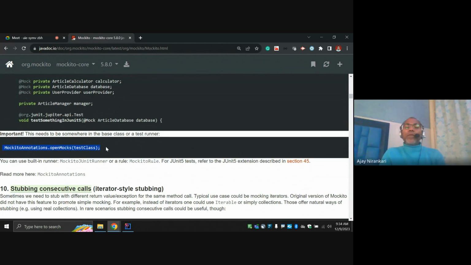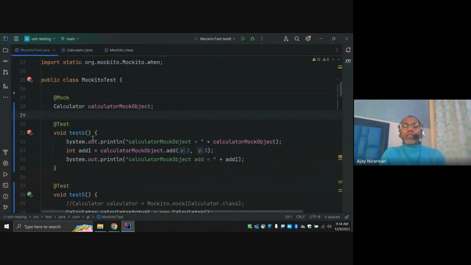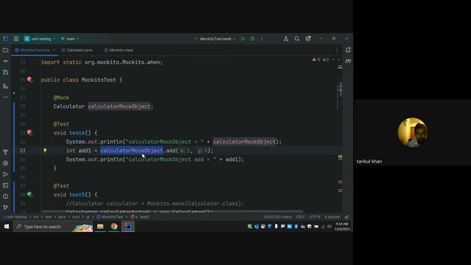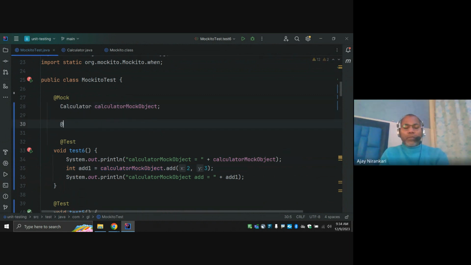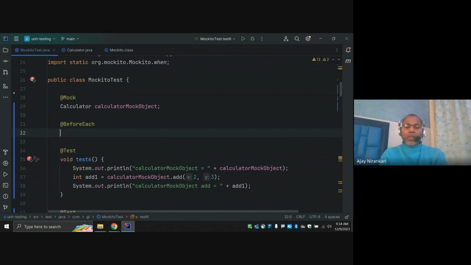So here we have to tell Mockito, hey Mockito, I am going to use annotations, so please consider it. Whenever this test runs, I am going to inform Mockito. Whenever any test runs, before that I want this mock object to be created, right? You know we also have @BeforeEach, so whenever before each